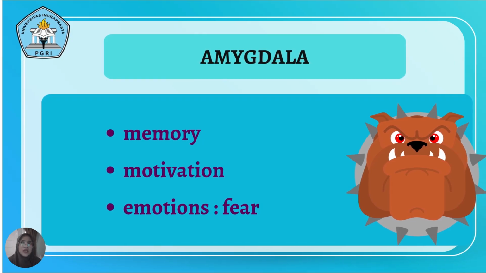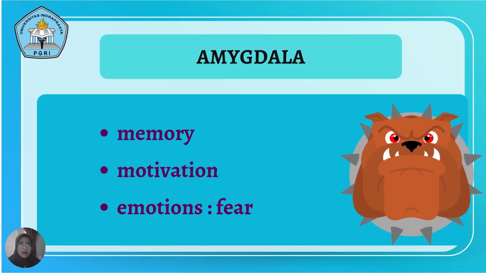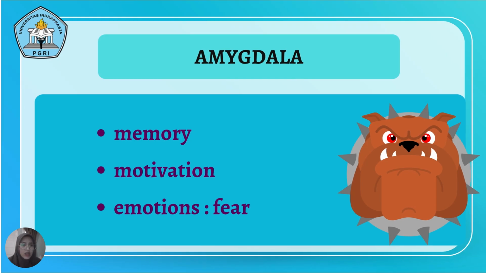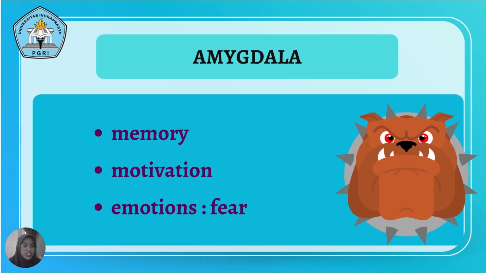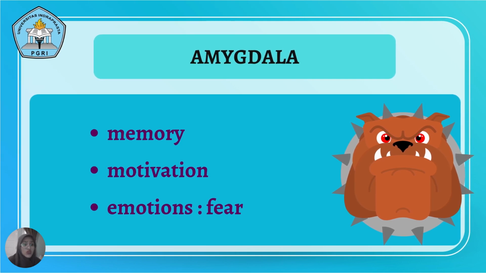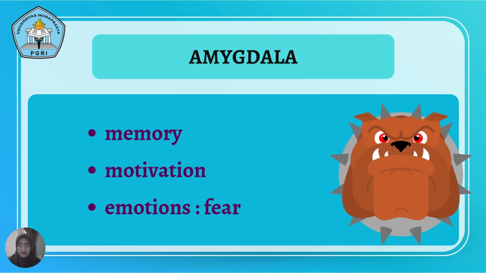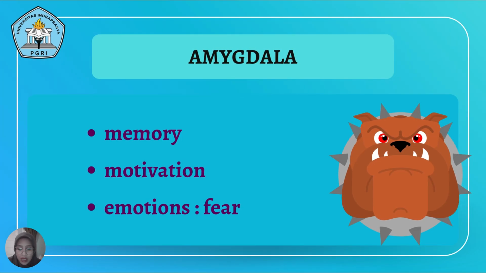Thanks to the amygdala, we can prepare for the next dangerous thing to happen. So we are cautious, or we are very careful around dangerous things. The amygdala helps us to prepare for those. And the next